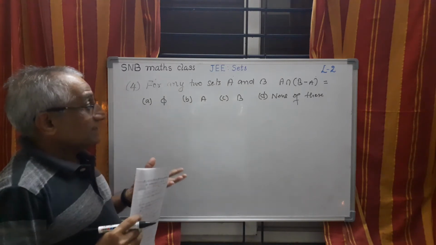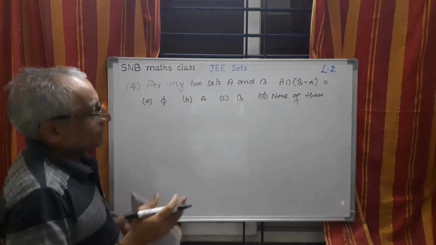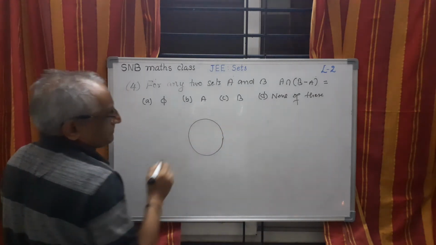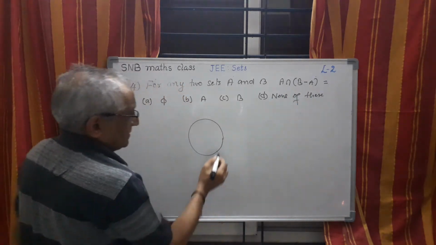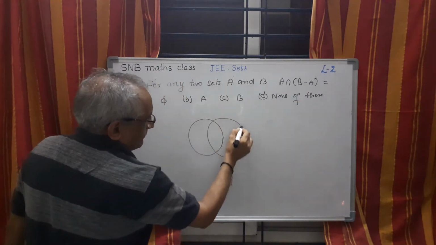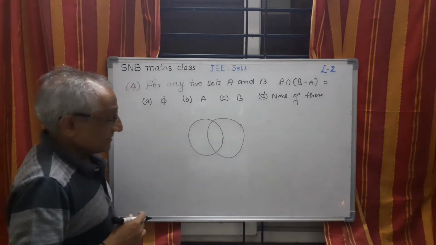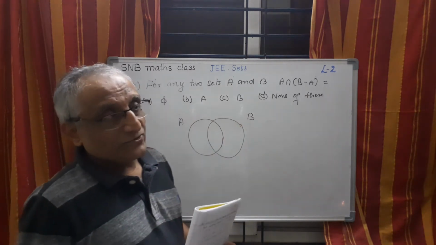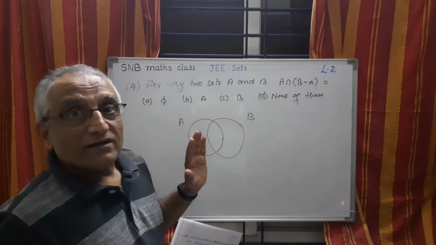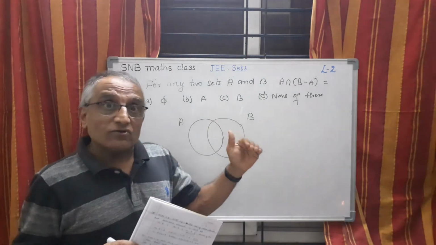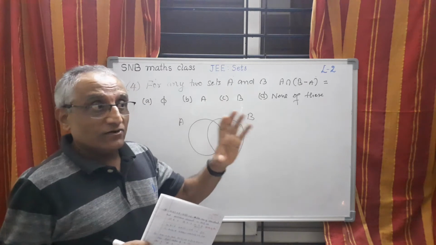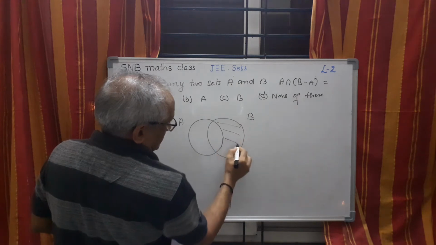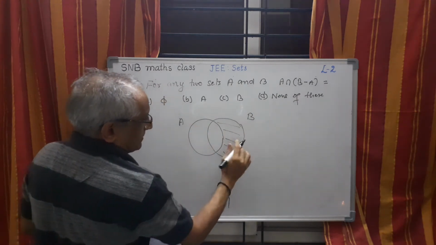So here, of course, guessing is not easy. You have to actually work it out. See, what we can do is, let us take a set A. This is A. B minus A means I should take B, which should have some intersection with A, the common case. Therefore, this is A, this is B. I told you in the last class also, especially in sets, drawing a Venn diagram will solve a lot of problems. So we will at least get an idea how we can proceed further. So here B minus A means this one. This is B minus A.